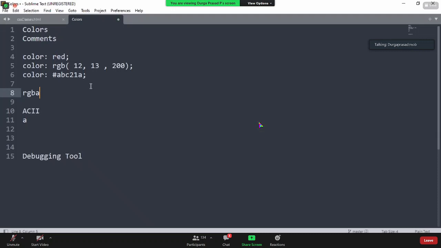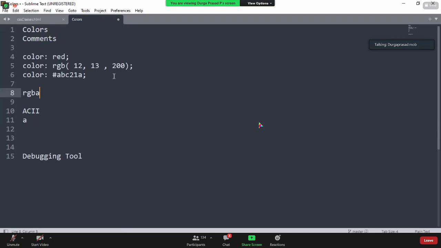Okay. Now, you might have a question. Boss, being a UI developer, do I need to know the RGB value of every other color in the universe? Not at all. Whenever there is a markup being given to you, you will be given an option. They will automatically give you the hash code and the RGB value. In the interview, no one is going to ask you to give the RGB value or the hash code of so and so color. Not at all.